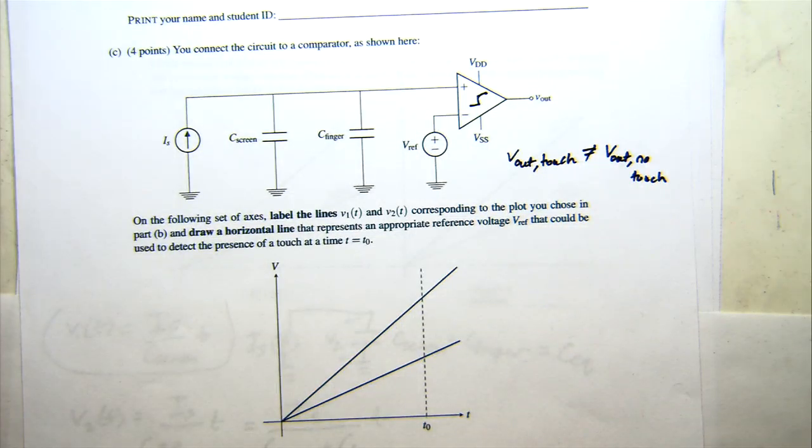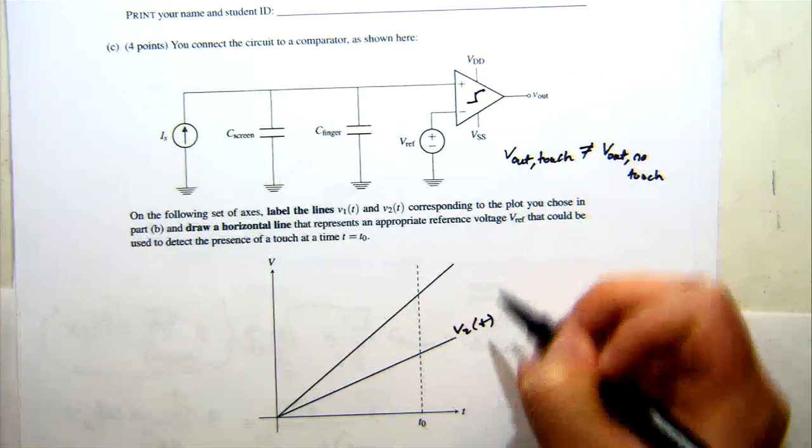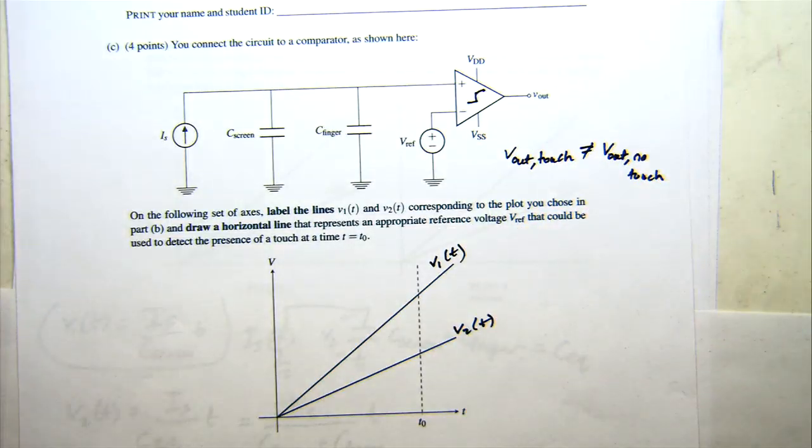So we want to choose, using this graph, a reference voltage that will give us different values. Remember that V2 is on the bottom and V1 is on top because it has the greater slope. And we're assuming that these start from uncharged in both cases. For instance, I'm going to use my comparator to check if I wait for some specific amount of time, T naught, maybe a second. I wait a second, and it tells me if it's touching or not. And then maybe I do touch it, it waits a second, and then it tells me it is touching. That's assuming these are starting from uncharged.